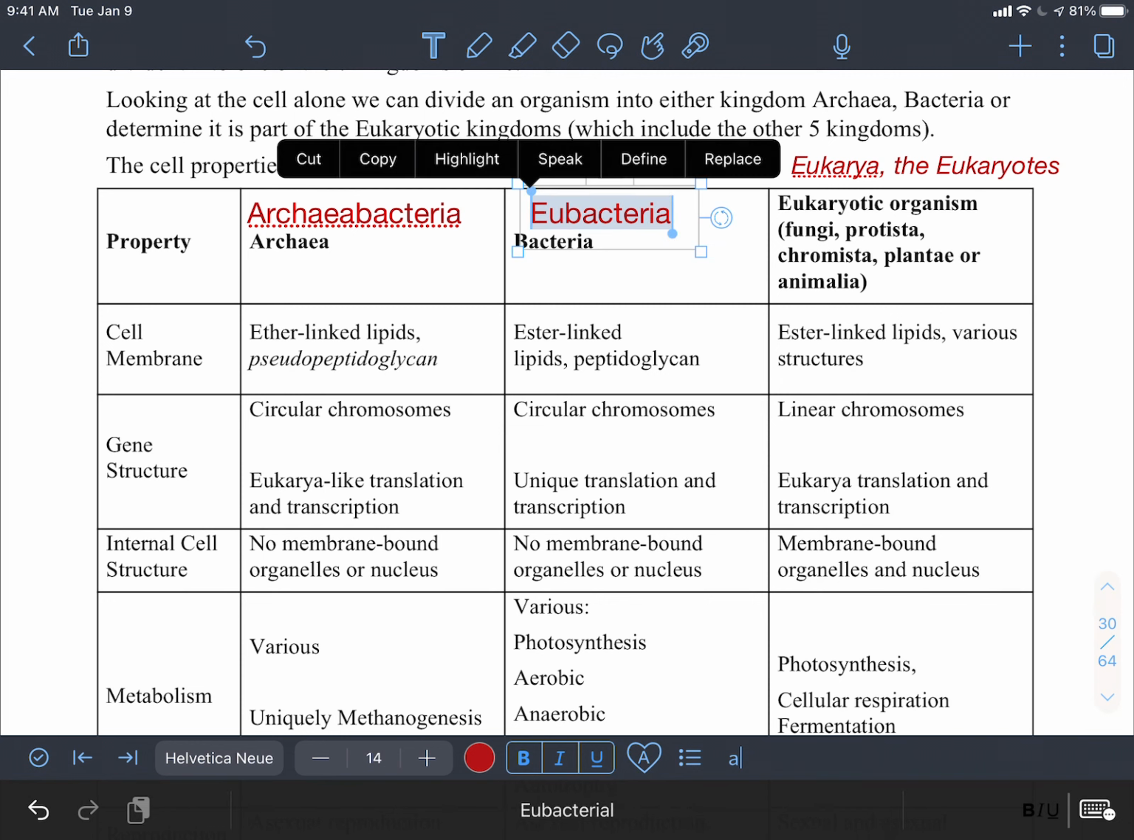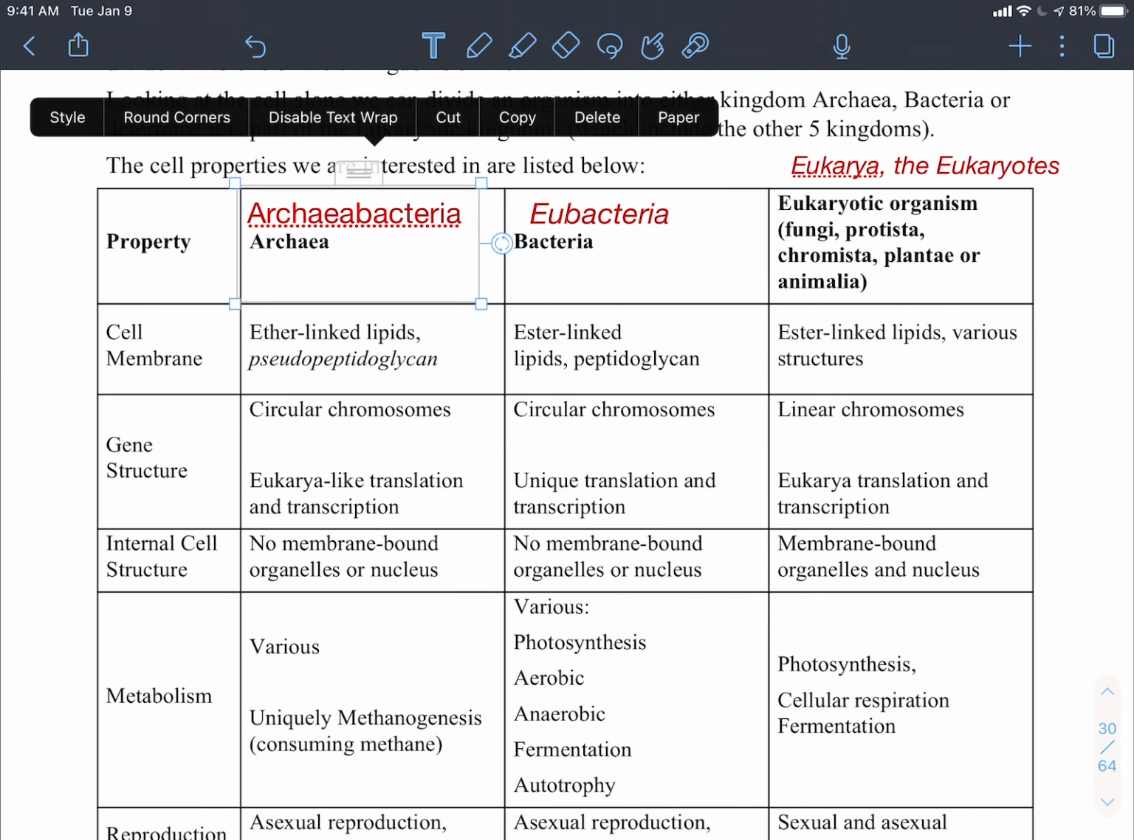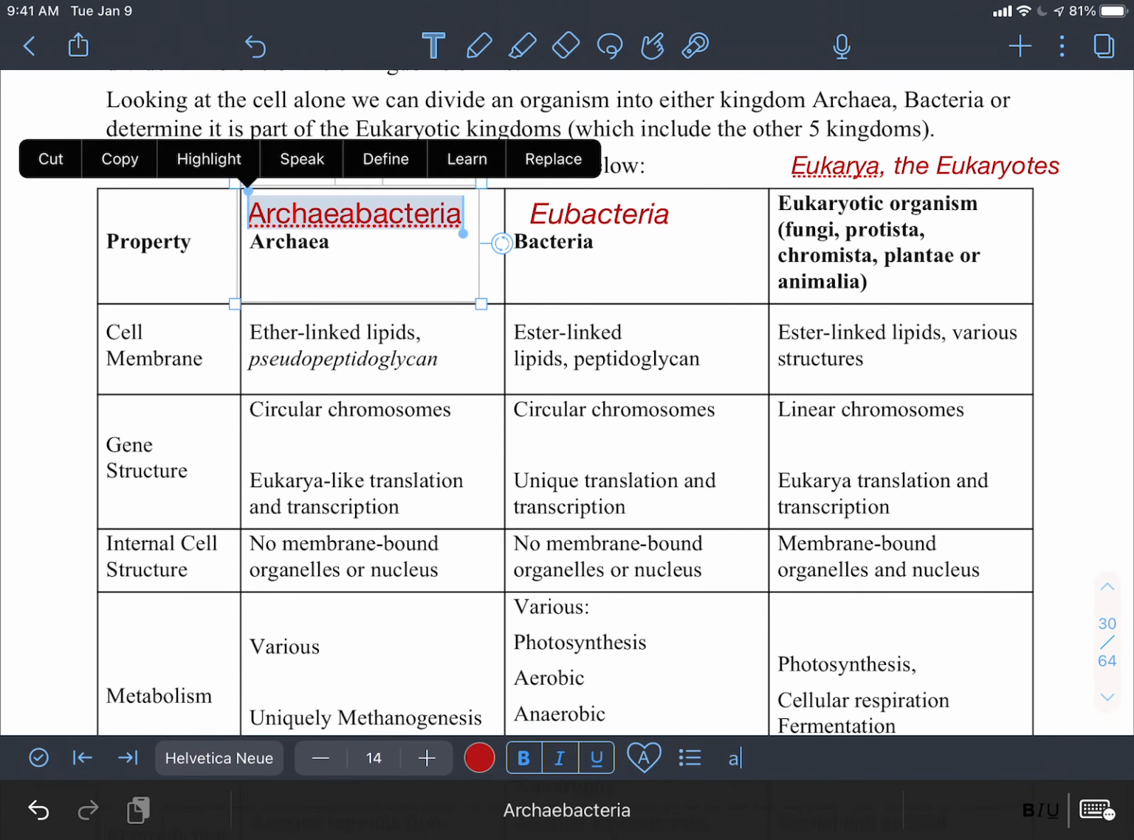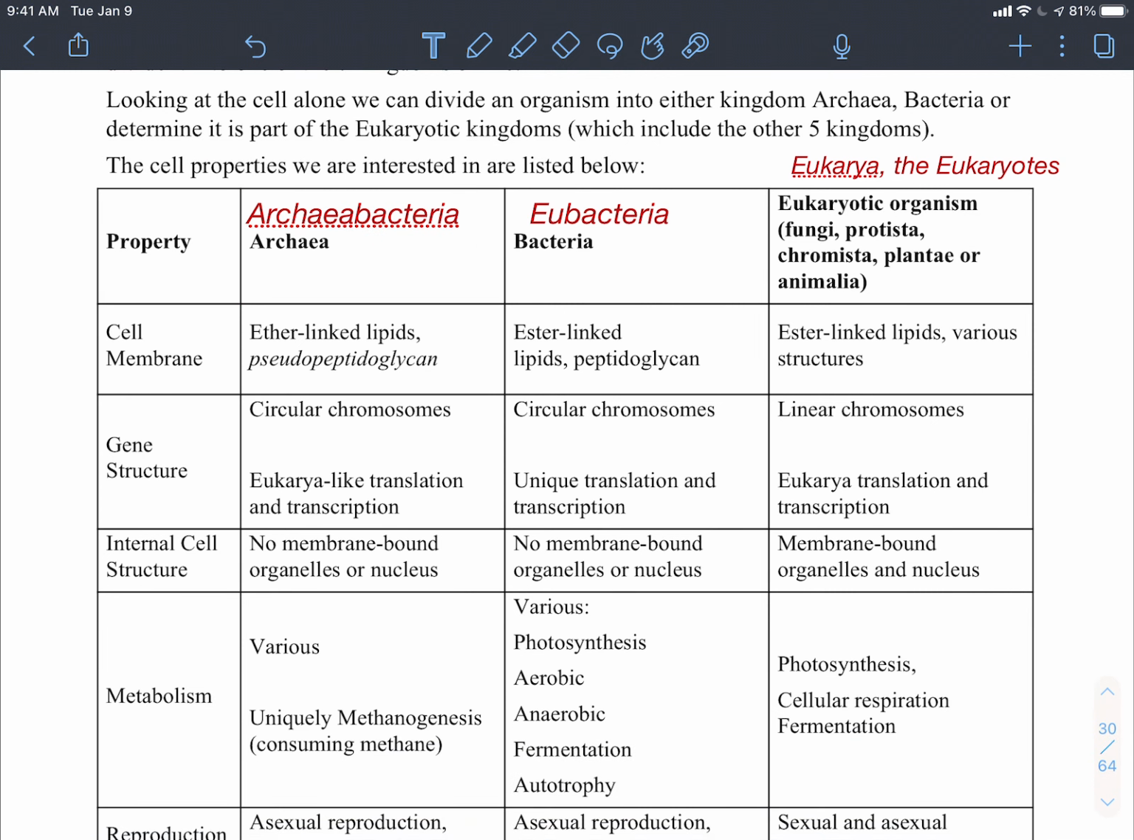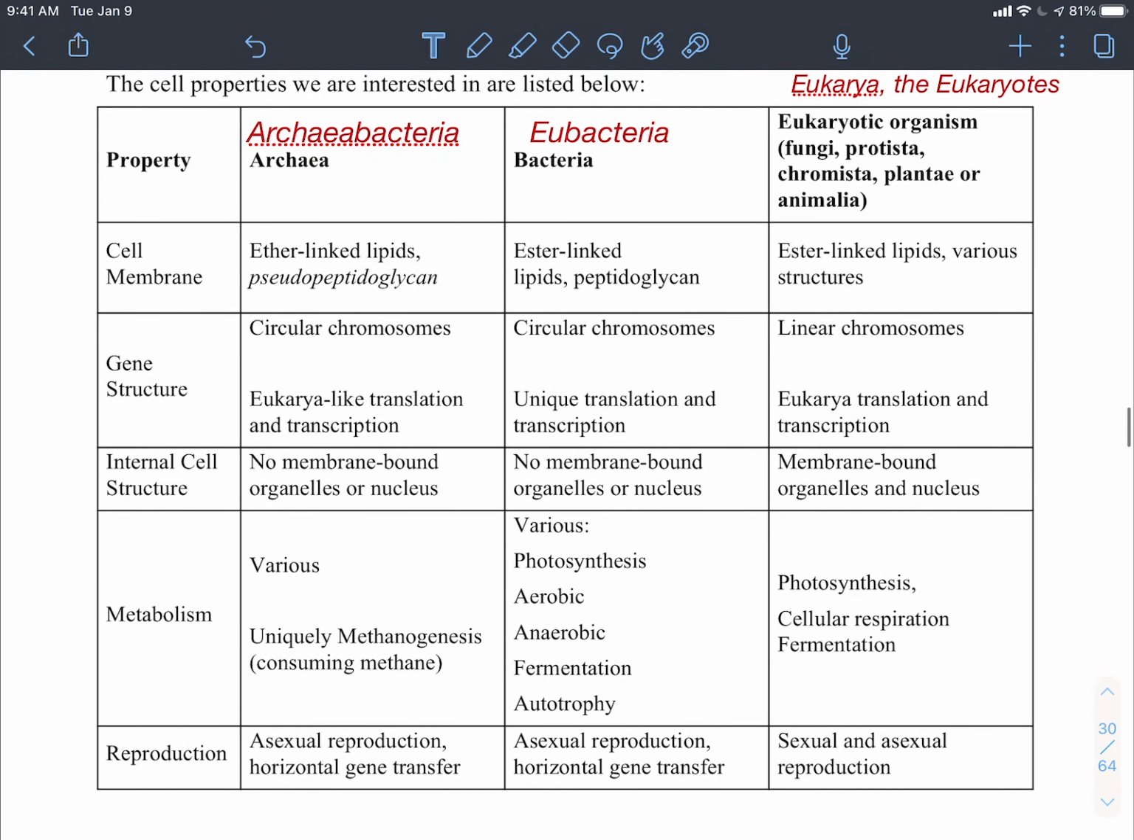I will try to continue to use bacteria and archaea to explain when I'm talking about these, and I'll try to use the eukaryotic as much as I can. But if you do go out there looking for videos, looking for resources outside of this, you might find them referenced as archaeobacteria, eubacteria, and eukarya. All right. So previously, these were the 3 domains,